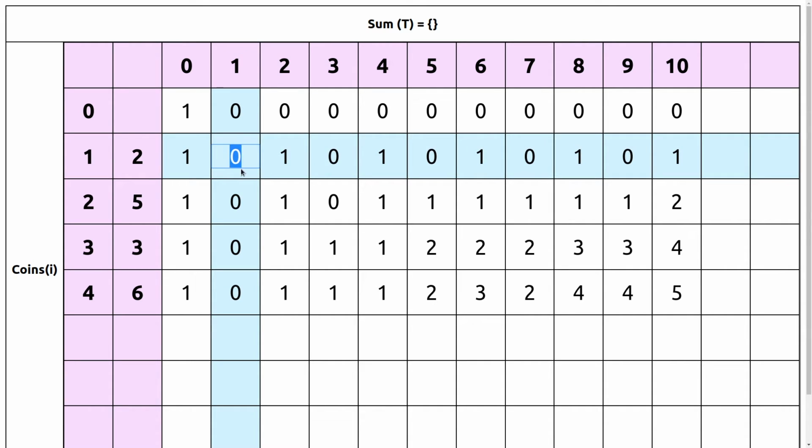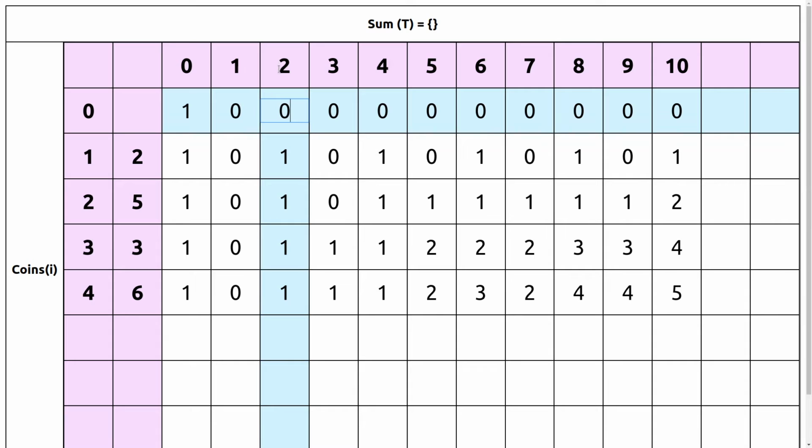When we are in this cell, our coin set contains only coin 2 and the sum value is 1. Now all the writes to our memory, that is all the modifications, we will be doing to the first row itself. So here, since 2 is greater than 1, we cannot include 2. So the total number of ways is 0. Moving on to a sum value of 2 by exclusion choice. When we exclude 2, the number of ways is 0. But when we include 2, since 2 is equal to 2, we can include 2.